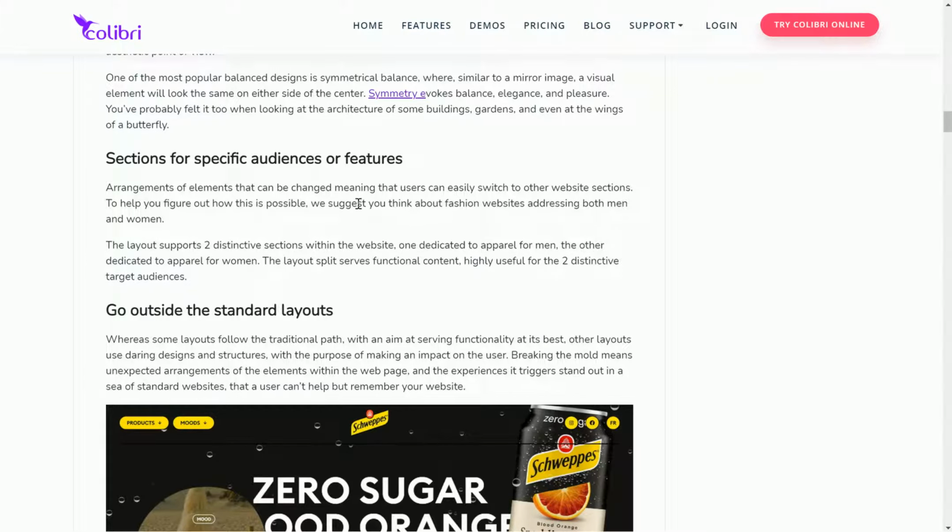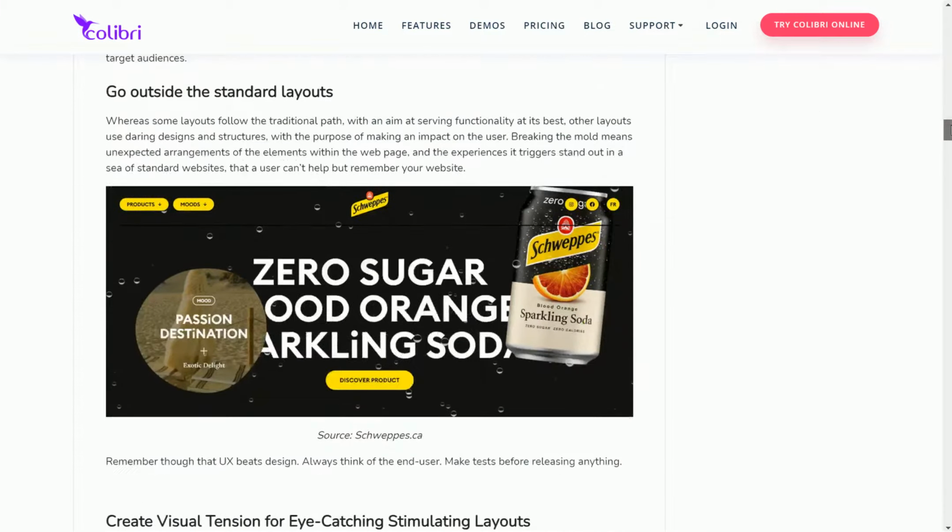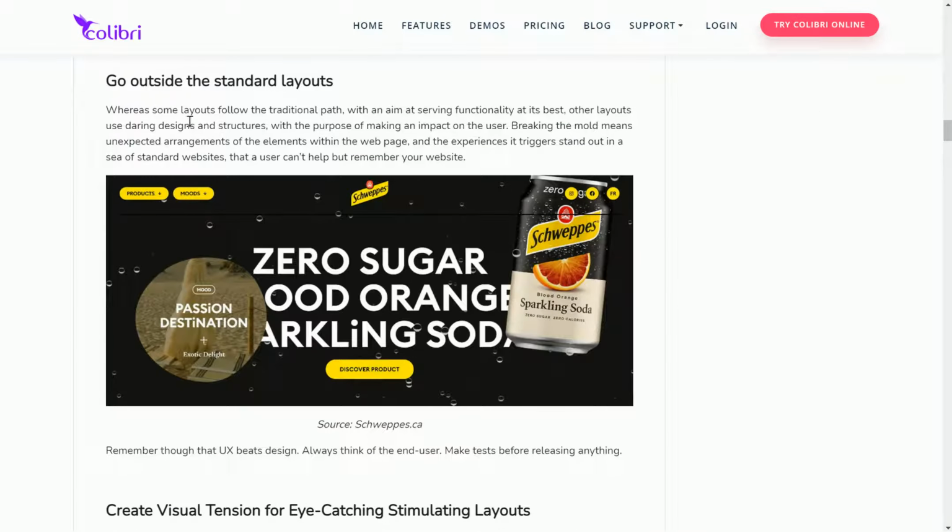Okay, so for example, one section for your profile, another section for gallery, another section for videos. Okay, i-organize mo yung laman ng website mo into different sections. Okay. Go outside the standard layouts. So whereas some layouts follow the traditional path, okay,